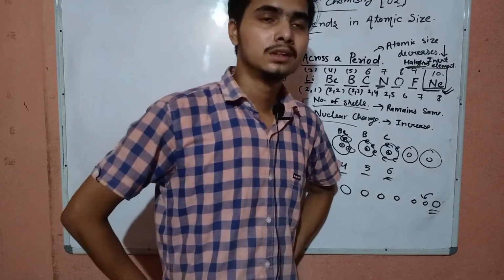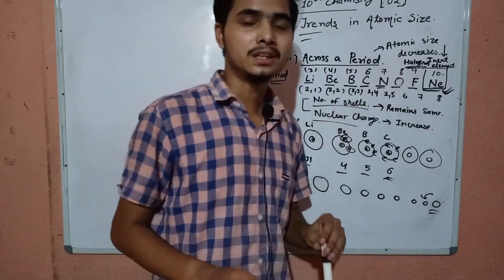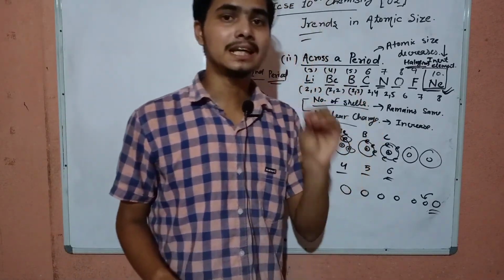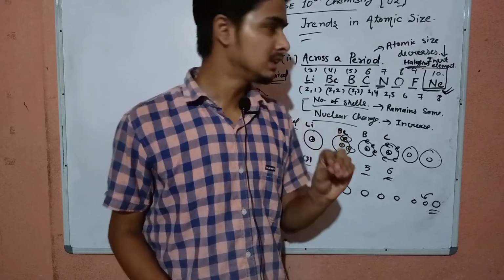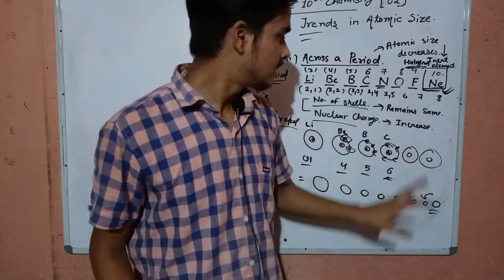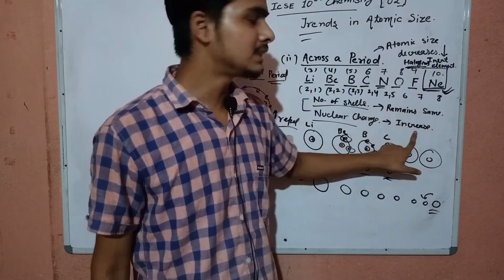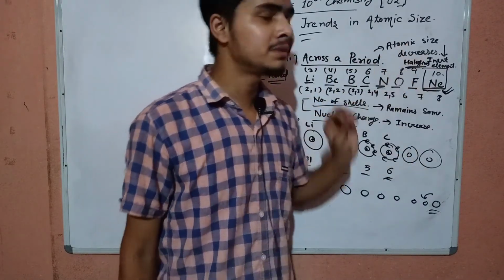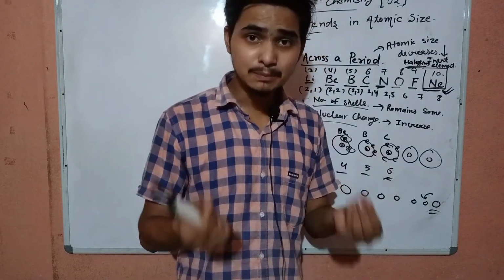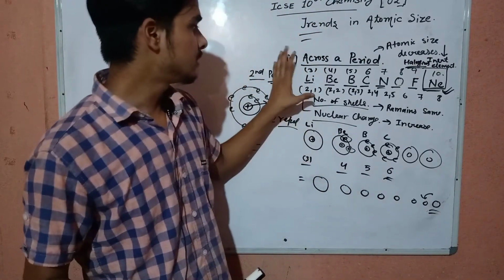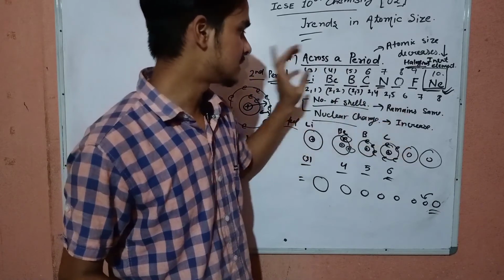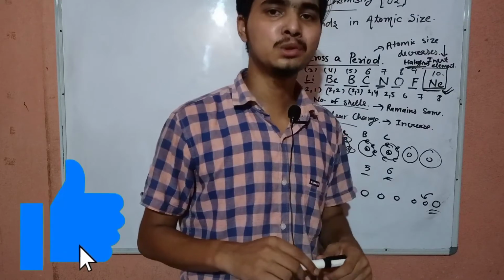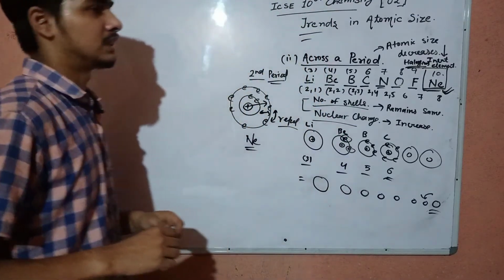There is a question: why does atomic size decrease across a period? Again you need to write the factors. Always write the factors and explain them. So what will be the correct answer? When we go across a period, the number of shells remains the same and nuclear charge increases, and that is why when we move across a period, atomic size decreases. That's it. Believe me, this is the answer. So when we go across a period, the number of shells remains the same, nuclear charge increases, and that is why atomic size decreases, and nothing more you have to tell. So kindly note all these points.